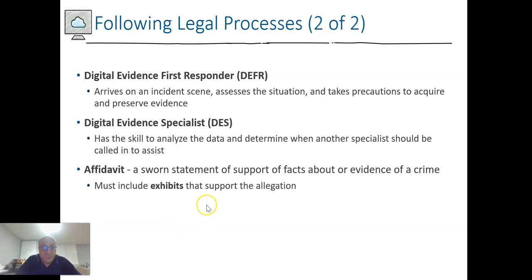Digital evidence specialist, which is DES, has skills. Then maybe say, hey, we need someone, this DFR. DFR say, hey, the data is in the cloud, and the cloud, nobody knows. For example, if you are in New York, the physical device for your data in the cloud may be in California or Florida, somewhere else. Nobody knows where. So this guy is saying we need someone expert in the cloud. Also, the DES, which is digital evidence specialist, has a skill to analyze data and determine when another specialist should be called to assist. For example, if you have a cloud,